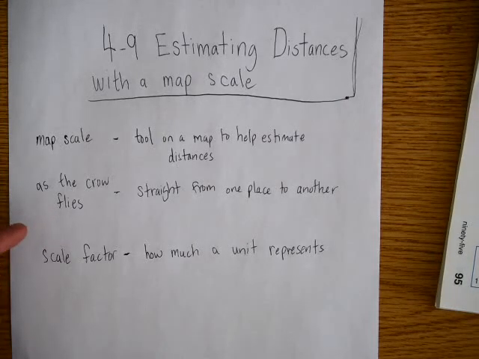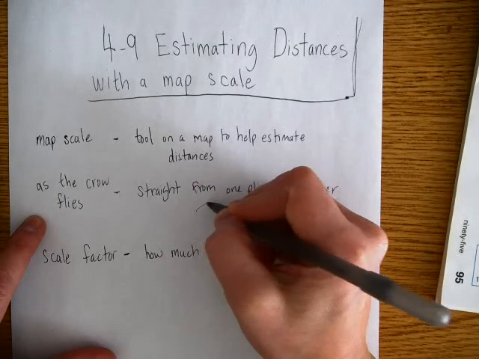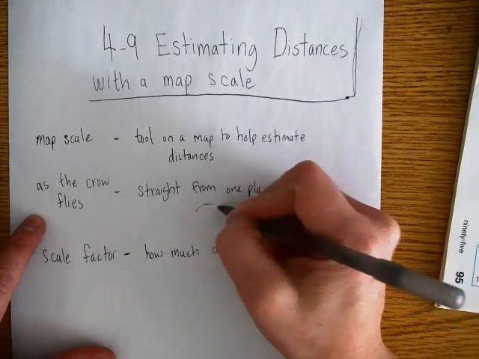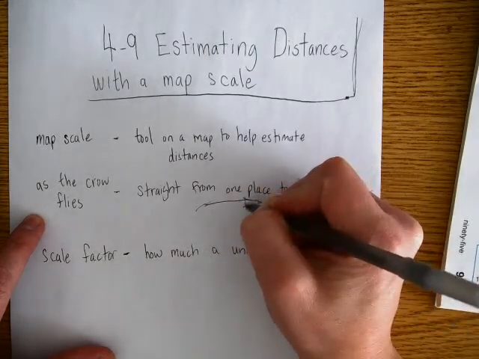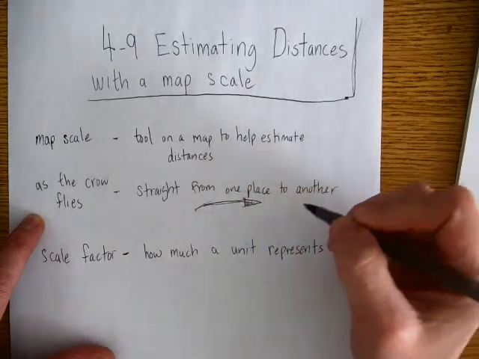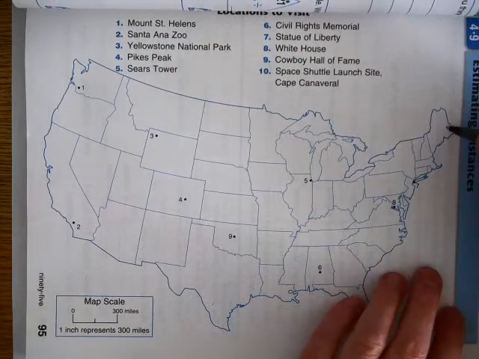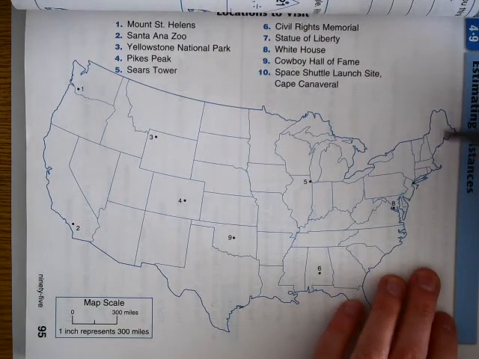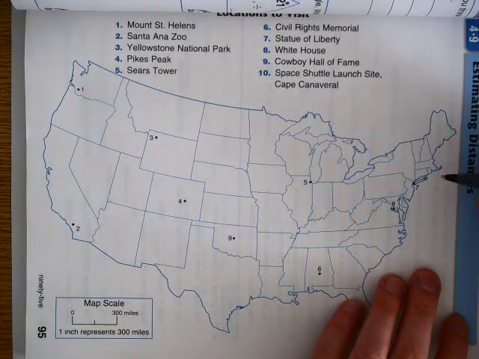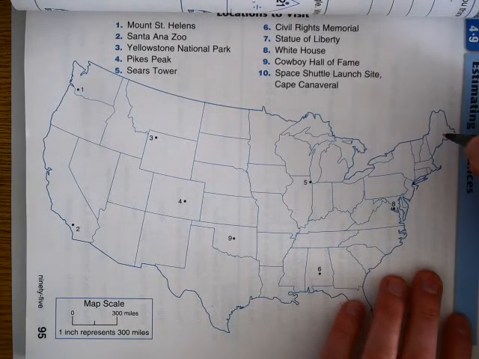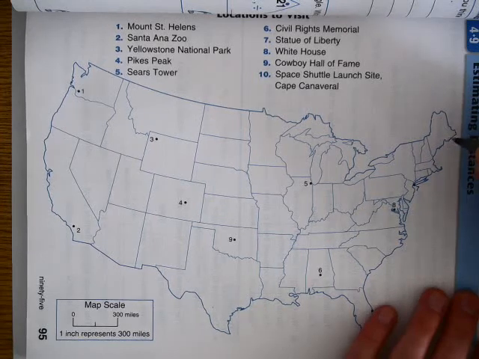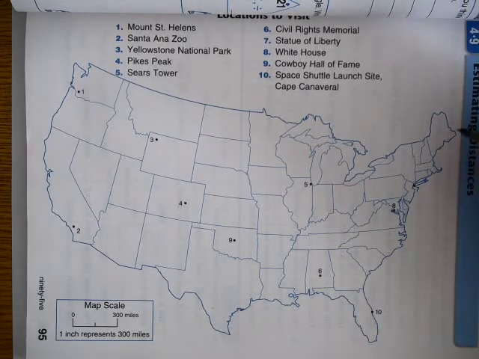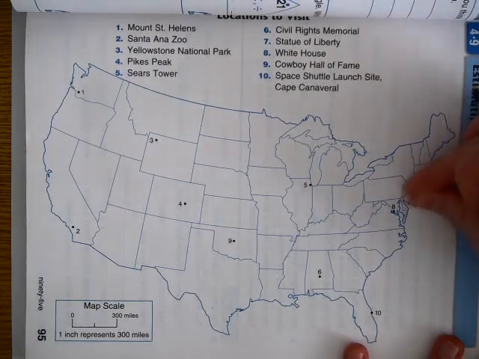So as the crow flies, if we think about how crows actually fly, right? They fly in a straight line. Crows don't have to follow the roads. If you have a map, usually we would have roads going from one place to another. We would stay on the highway, or we would travel down a road. But it might be quicker, in fact, if there were, say, a shortcut right through the forest. When you notice a crow flying, you don't see a crow following the road, necessarily, because the crow can just